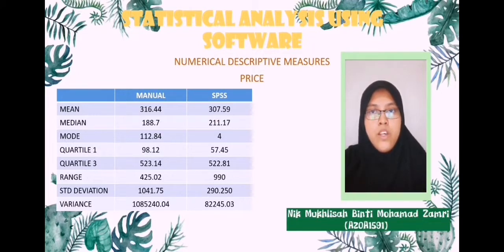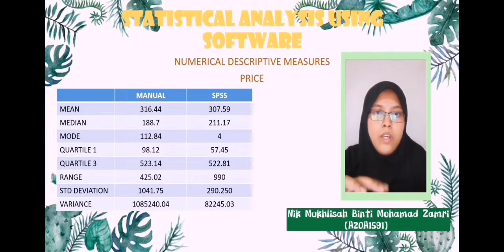Numerical descriptive measures of price. 1. Mean: manual 360.44, SPSS 307.59. 2. Median: manual 188.7, SPSS 211.17. 3. Mode: manual 112.84, SPSS. 4. Quartile 1: manual 98.12, SPSS